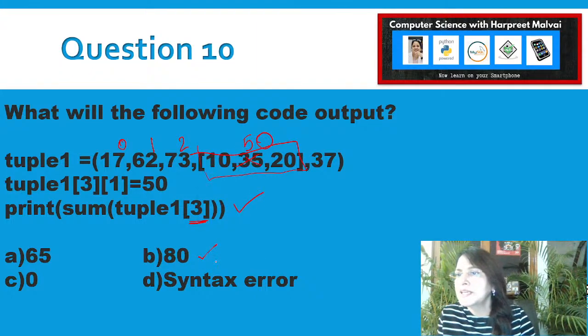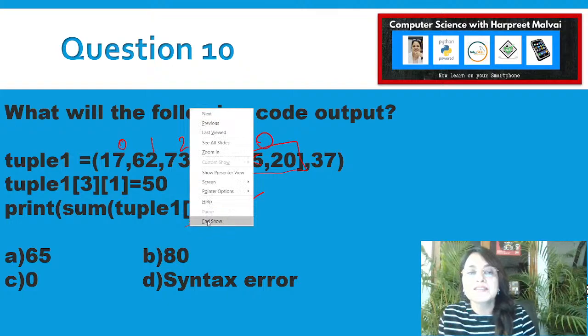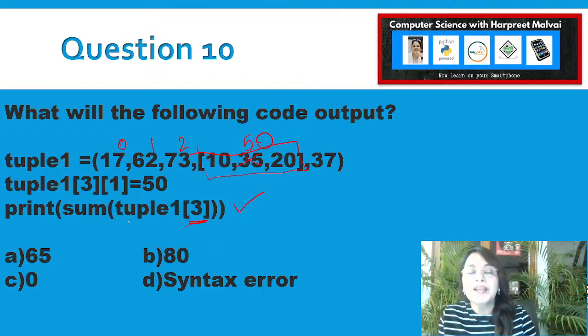Oh, 80 is not in the tuple. 80 is not there in the tuple. Yeah, I'm sorry. I just made a mistake. It's going to be 50. So it's going to replace this with 50. And then when I say find the sum of the tuple, the third element of this tuple,